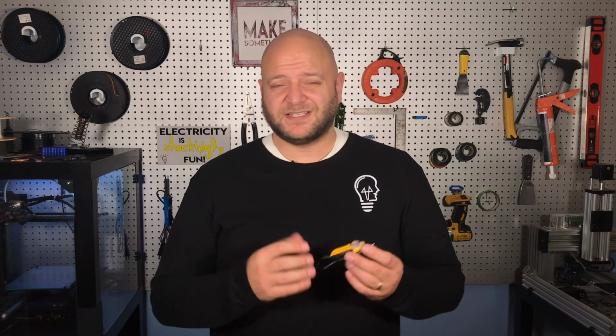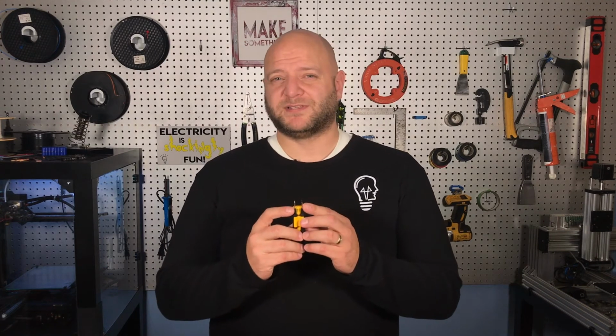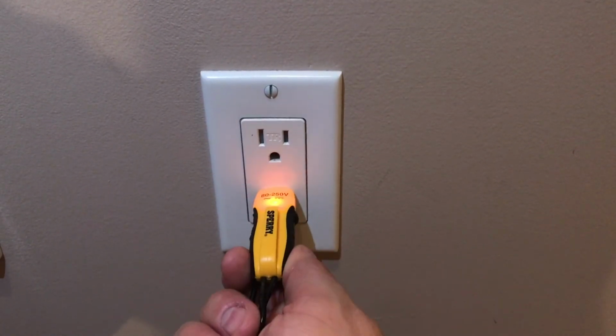Another device that I've run across at home improvement stores is only about $5, and it's kind of a combination of the plug tester and the voltage detector. It doesn't have a meter on it or a display to tell you what voltage is present, but it does have contact points, which are really good because they're precise. If you hold it near a receptacle, nothing's going to happen, but if you actually push it into a receptacle and you get contact with those internal contacts, you're going to have it light up and let you know that